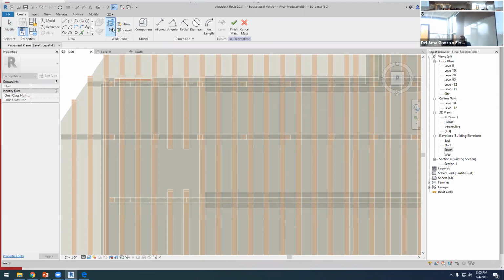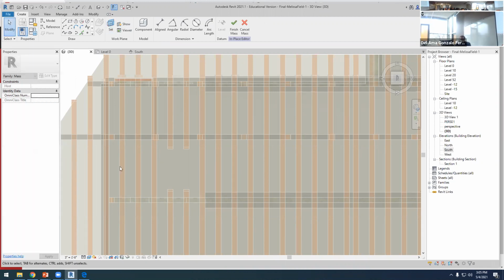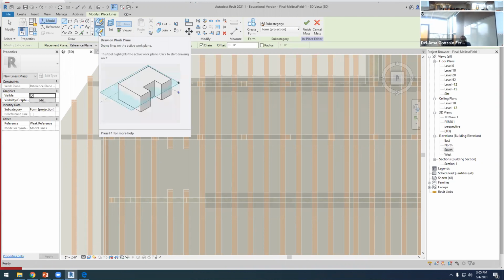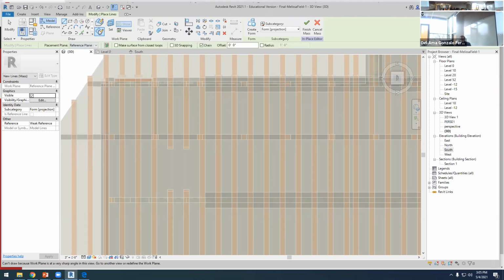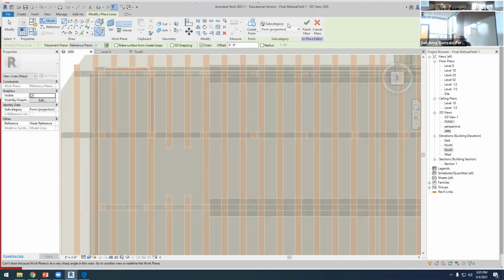I want to set this plane on slope 1, and I want to use this option, draw and work plane, because if you have snap settings, maybe you are not working on that plane. But if you select this draw and work plane, you make sure that we are working on this reference plane, slope 1. Okay, so select this option, and now we have to